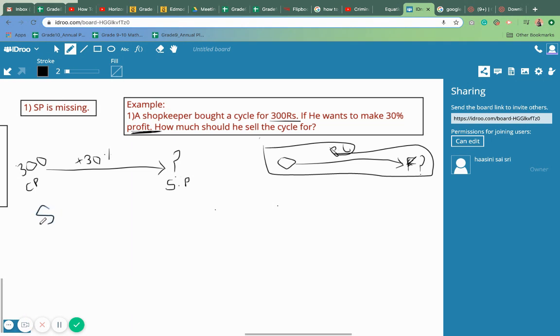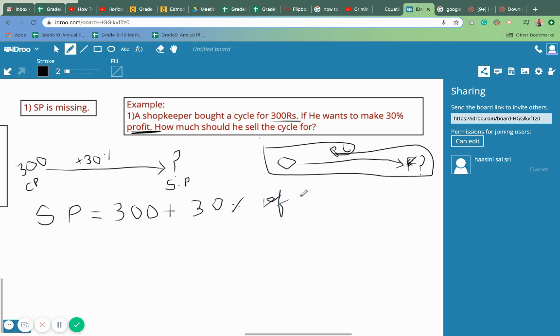So let me start. If I have to find the selling price, you can either take it as SP or you can take it as X since it's an unknown. Now, first my cost price is there, which is 300. To this 300, I'm going to add 30% of the 300. Always realize this profit is on the cost price. The percentage change happens on the original, plus 30% of